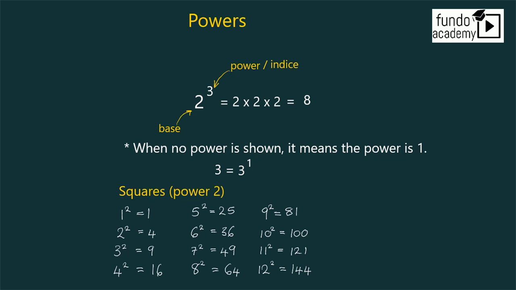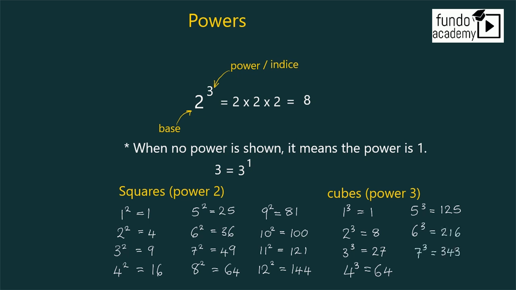So these are squares. We also have special type of powers which we call cubes, which have got a power of 3. For example, these are examples of cubes, all raised to the power of 3. And you should also be familiar with some of these cubes, knowing them by head, right, so that you don't waste time in an exam calculating 5 to the power of 3 when you should just know that it's 125. So this is what our powers are,